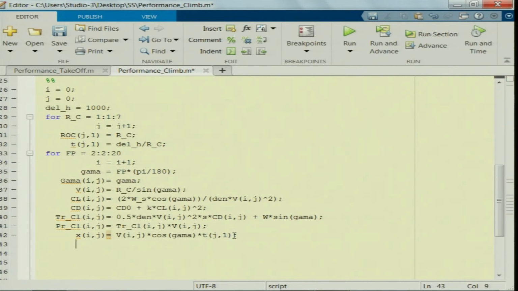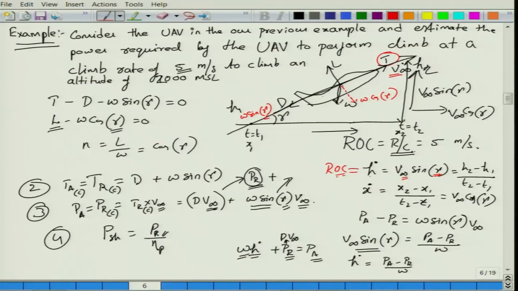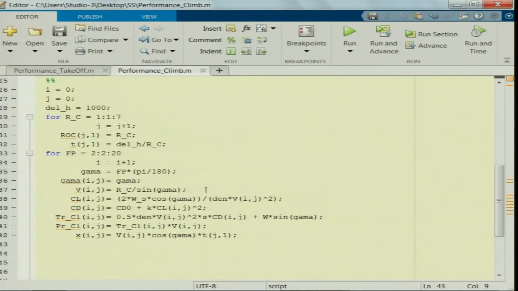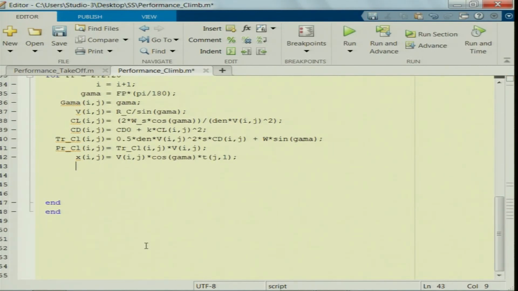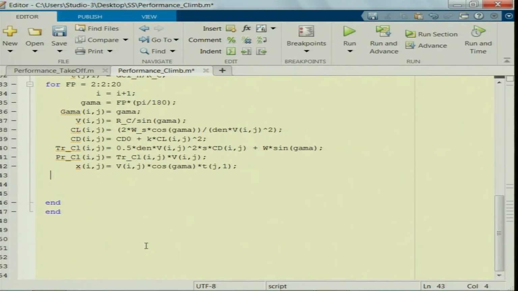And say if you want to find out the distance travelled along the flight path, along this direction within that delta t, you have V infinity times the corresponding time. That is the velocity of flight, and we assume it is a steady flight condition. So, it is pretty straightforward. I think there is not much more here, so we can end this. We have almost completed all the required.